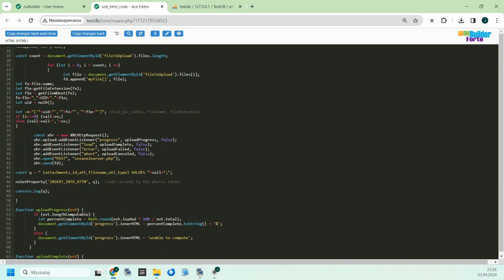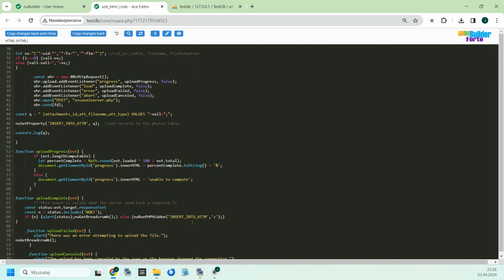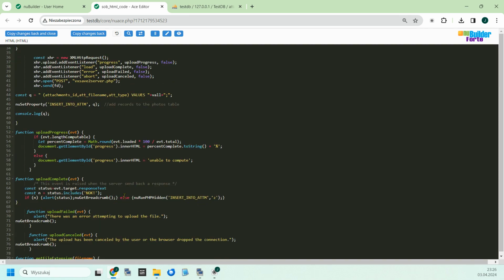Additionally, I am preparing the MySQL structure, which I can send with the run PHP hidden to nuBuilder to create all the lines in the table which was called attachments. Yeah. So first I am setting